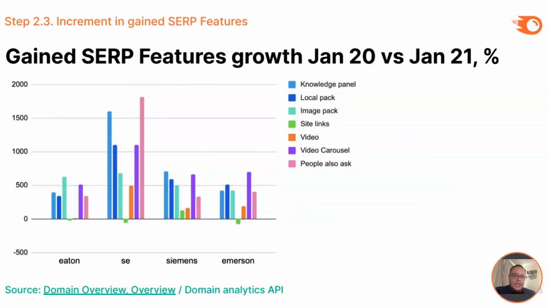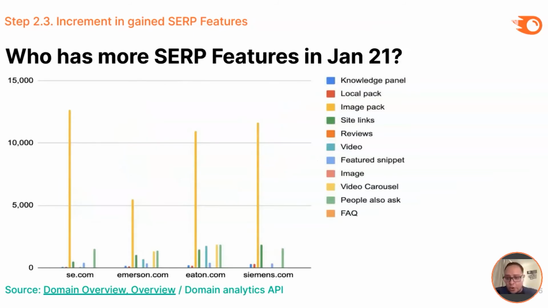Then you can see how many search features they gain and what the percentage of growth is. In this case, for this specific industry, and basically for others too, the People Also Ask search feature was the most important. You have at least 3 billion users and potential users sitting in front of their computers for a whole year. People are going to be asking a lot of questions, and you need to have those questions in really good shape for your own website.